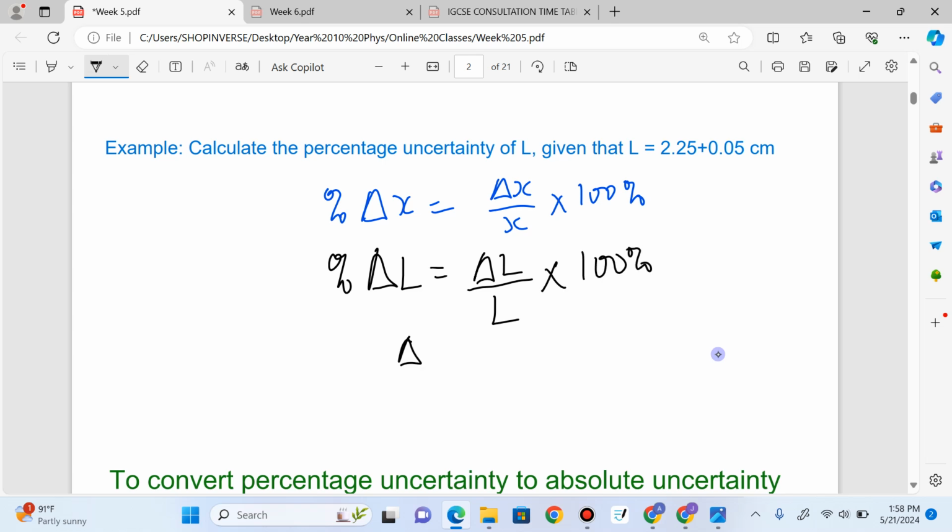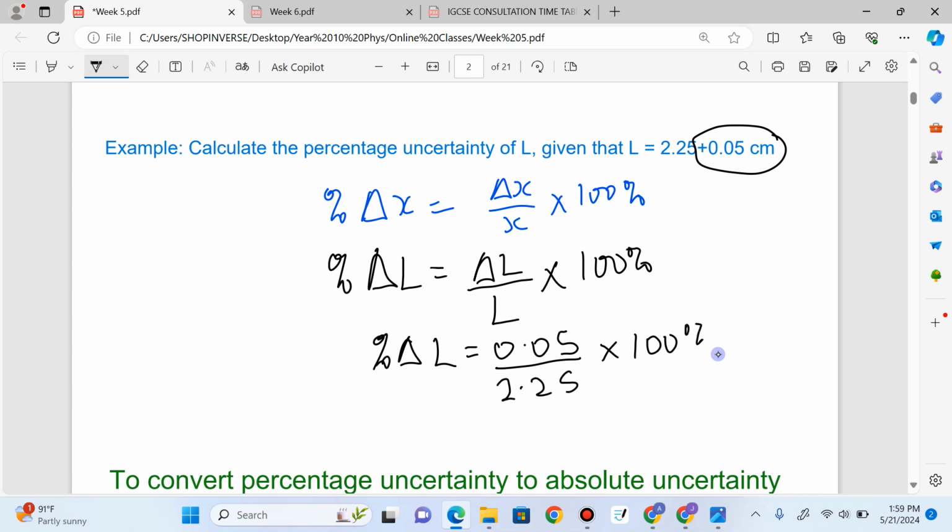So the absolute uncertainty in L is 0.05 divided by the actual value 2.25, and then I'll multiply this by 100 and express it as a percentage. So you take your calculator and press 0.05 divided by 2.25 multiplied by 100. If you do this, you get